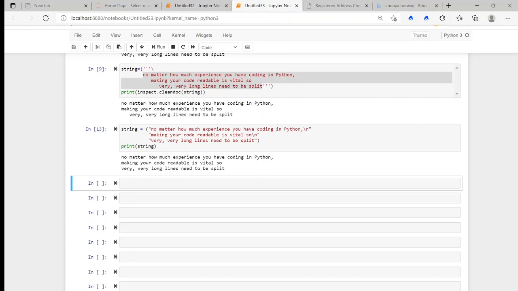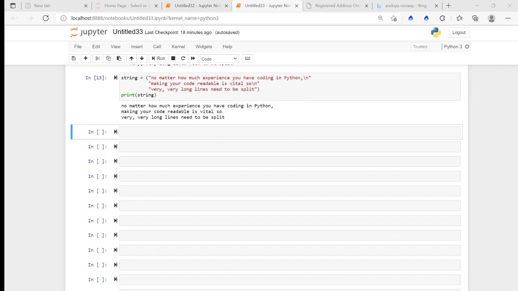You have to format your string properly from the outset in order for this to work. So that is the brackets method, and the last method we're going to look at today is the backslash method. This is an alternative way